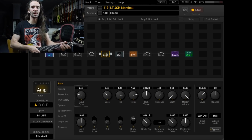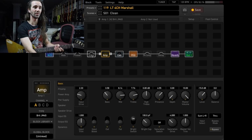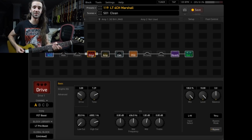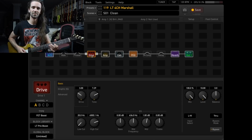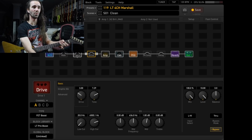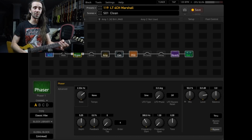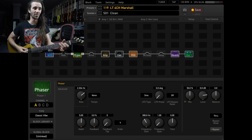And if you hit it hard there, it starts to break up. What you could do then is kick in this drive block that I've got sitting here, an FET boost, which gives you this. Which adds a bit of grit, and I've also got a wah sitting in there, and I've got a phaser set up to be a uni vibe. So if you're going for a Robin Trower kind of vibe with this,